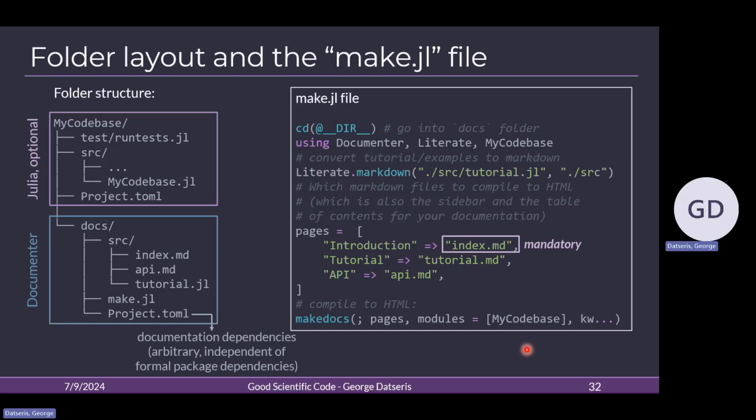Now, this is really amazing in my opinion, because in 5 lines of code, you have a nice HTML documentation with crosslinks and run Julia code. It's really amazing. Don't be discouraged if this doesn't work immediately, okay? Just be a bit flexible. I can promise you that this is really easy once you get the hang of it and you understand where things can go wrong and why. So don't be discouraged if the very first time you run this, it doesn't work.